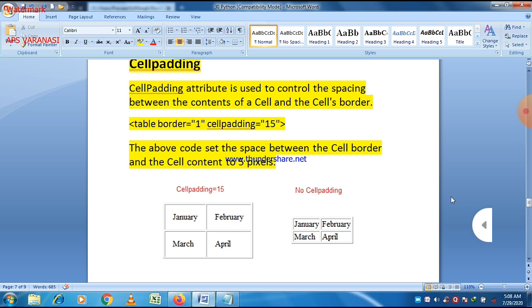And if you want to put another attribute such as the border attribute, you can put that also. So here there are two attributes, as you can see in the syntax, border and cellpadding. You can apply one at a time or more than one at a time. It's your choice. So here we apply just two attributes for the table tag, border and cellpadding.